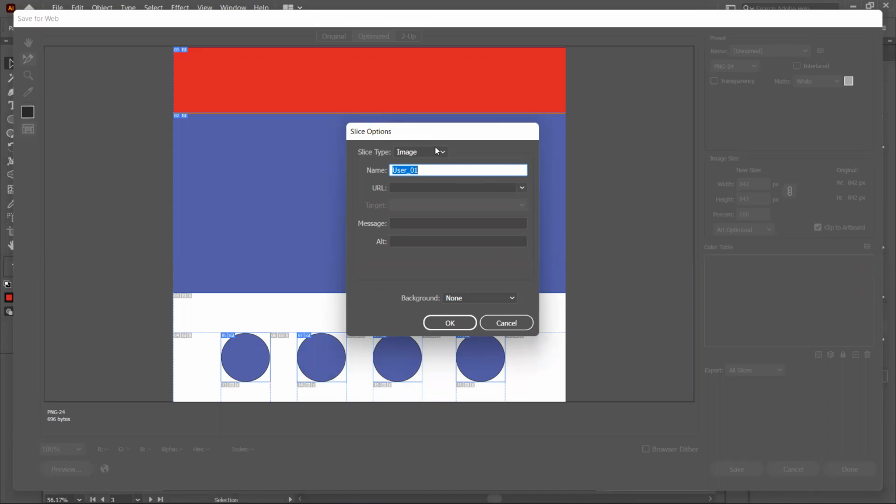Right? Name. I have the slice type in here. It's image. Maybe I can go with no image. Right? Or I go with image. So I go with image here, and then this name in here I can give it maybe my navigation bar. So I'll just make it nav. Okay, nav bar here, and then the URL is in here, so I can enter maybe